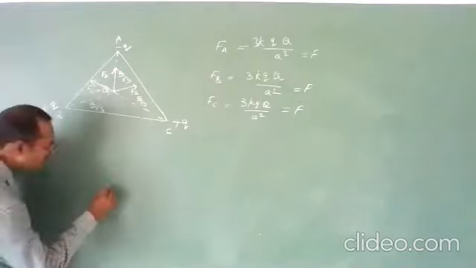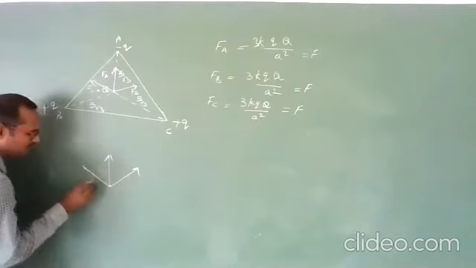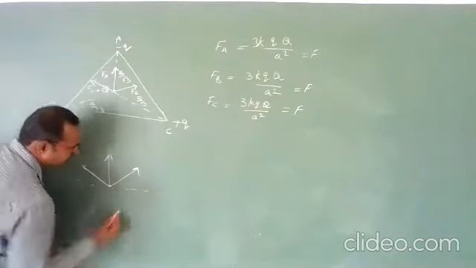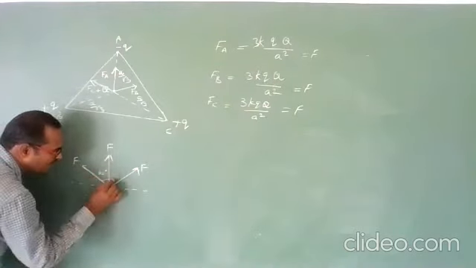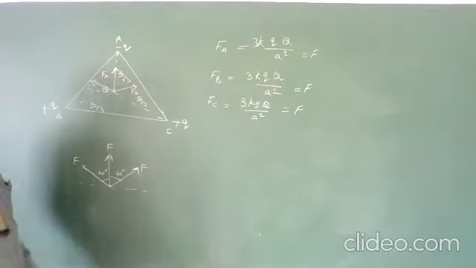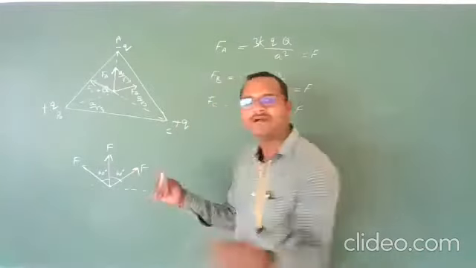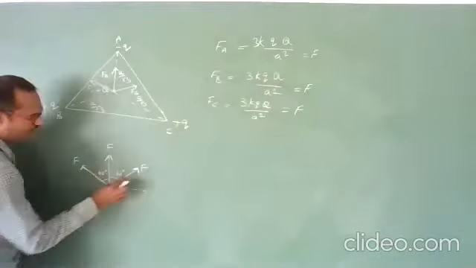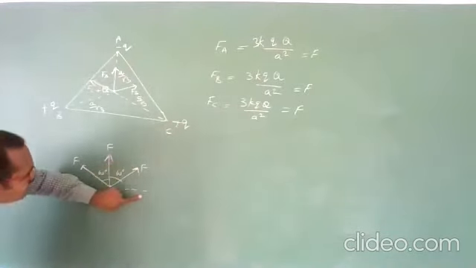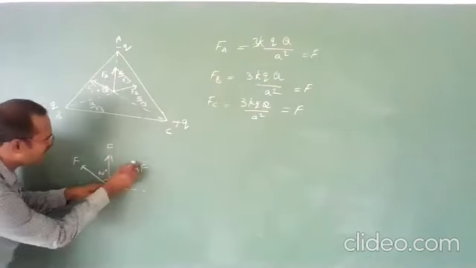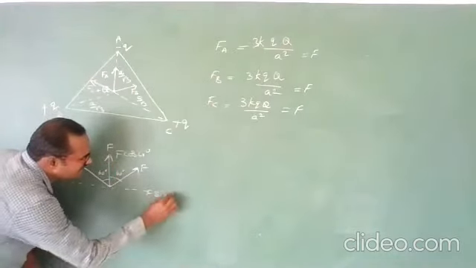Now you see all the forces are like this. Two forces are like this, and this is the horizontal line. This value is F, this value is F, this value is F, and this angle is 60 degrees, as you know. This angle is also 60 degrees. Now what to do, sir? Resolve these two forces into their components. First this force into its components, F cos theta, F sin theta, because the angle is here. So this value here is F cos 60 degrees, and here is F sin 60 degrees.